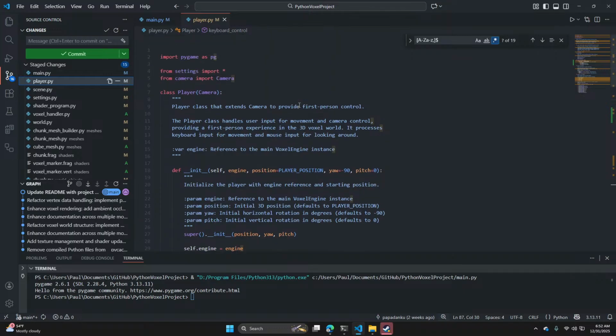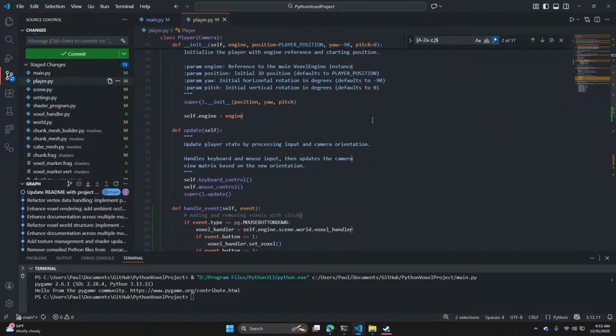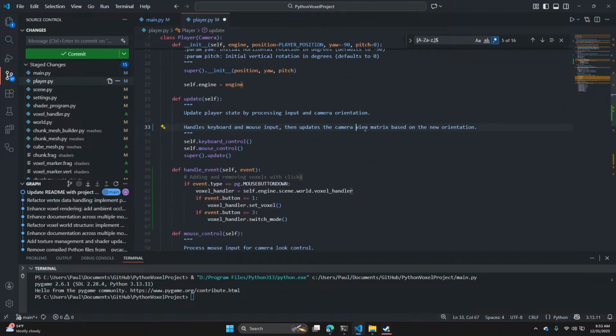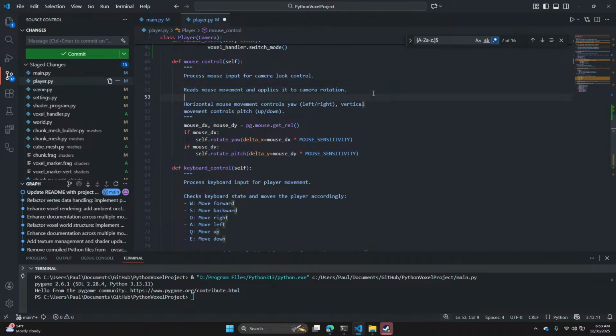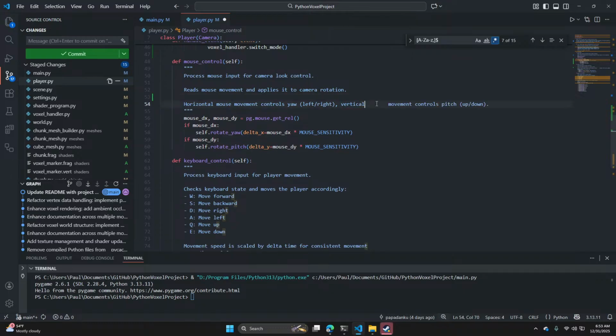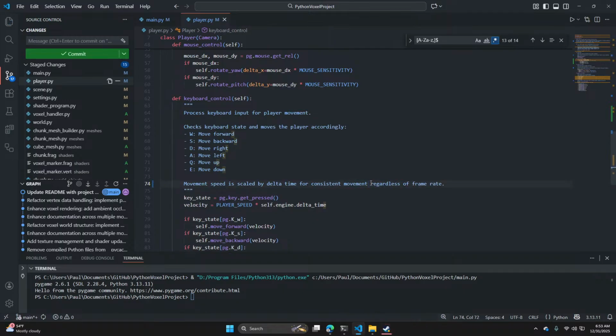Let's see here. So it doesn't exist in the Python library.